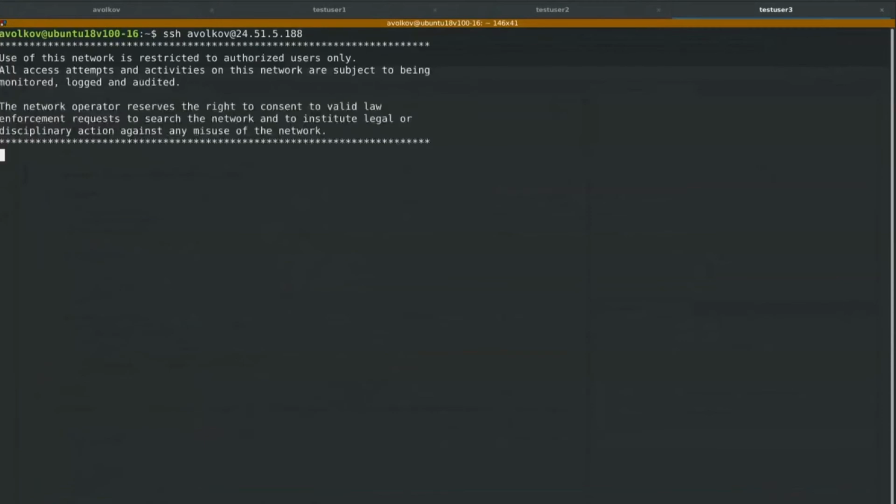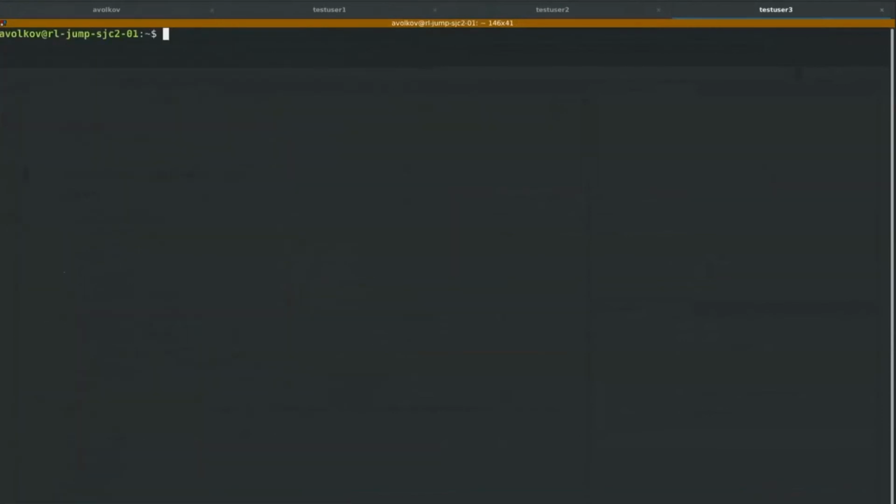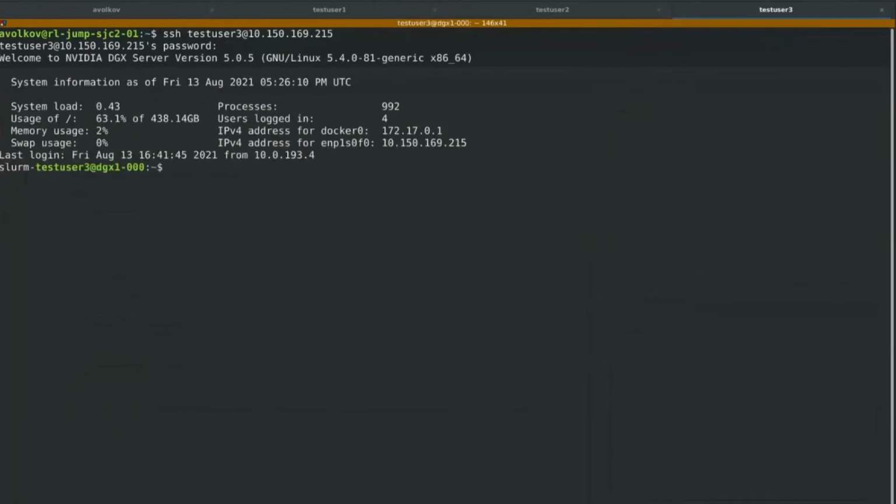So again, the box is remote, so I have to go through first the remote box, and then I can access it. So let's say user 3 wants to run a ResNet job. So it's a very similar approach,